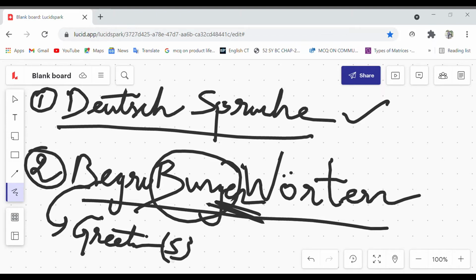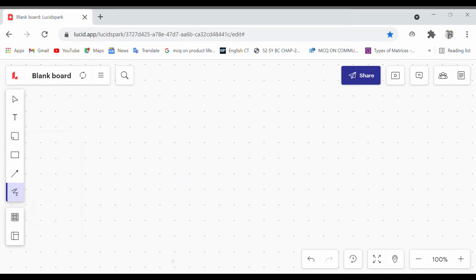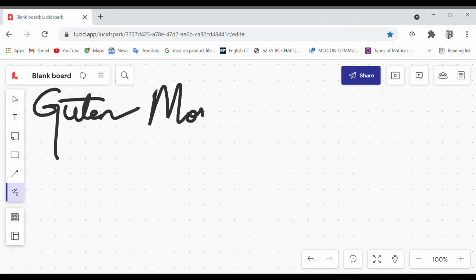Then our good morning, good afternoon, good evening, good night part. So for good morning, we use Guten Morgen. For good afternoon, we use Guten Tag.